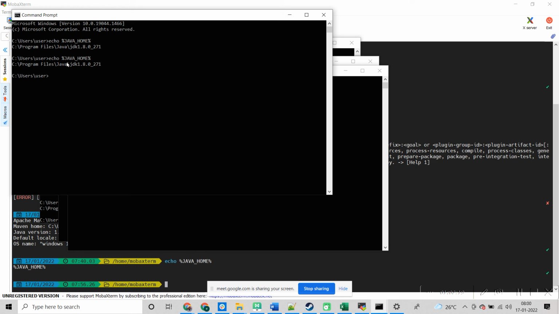Sir, it's showing that it's not recognized as an internal or external command, operable program or batch file. Then you need to check what name you have given there. The same name should be there as what you are trying to access here. You can check it in your PC settings. I'll share this recording. I missed putting the underscore sign. Sorry. Okay, I'll be stopping the recording now.